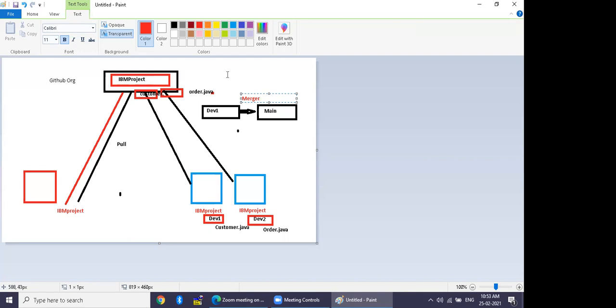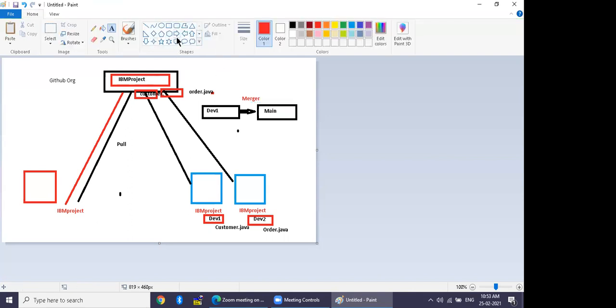So in your next phase, when you are learning a CI/CD tool, your CI/CD tool is basically connected with your main branch. Let's say you have Jenkins. Jenkins does not know what dev1 and dev2 are. Jenkins only knows I have a repository called IBM and I have a branch called main. So whatever you put inside the main branch will automatically go into the CI/CD pipeline for build.